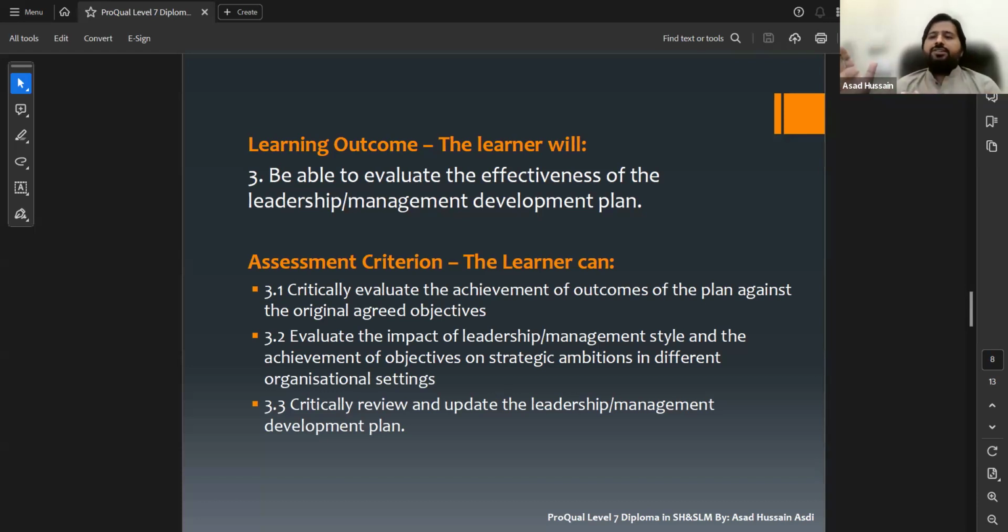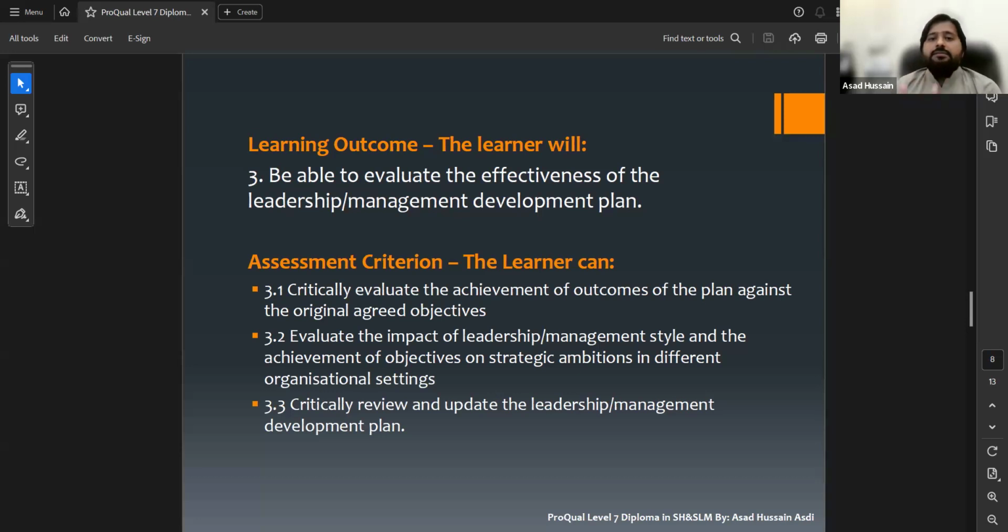A thorough examination with regard to assessment and judgment you have to perform, and you have to check whether the outcomes of the plan are according to the original agreed objectives or not. This is for measuring the efficiency and evaluating the effectiveness.